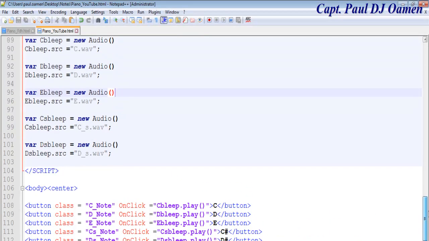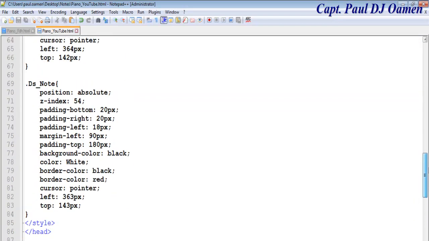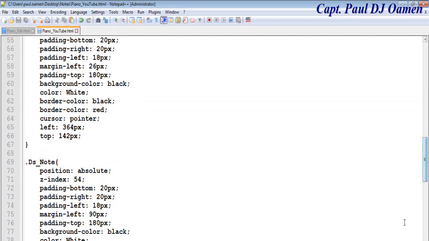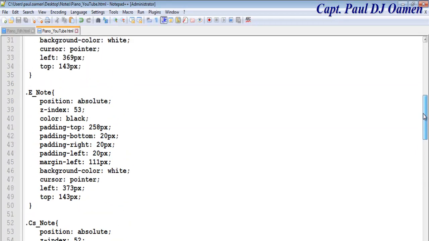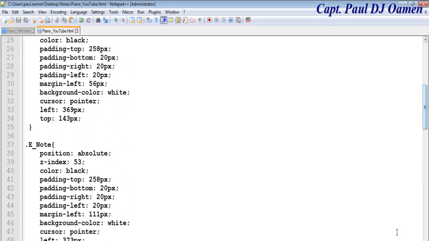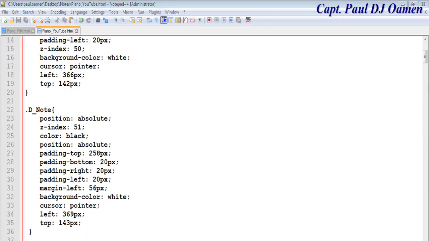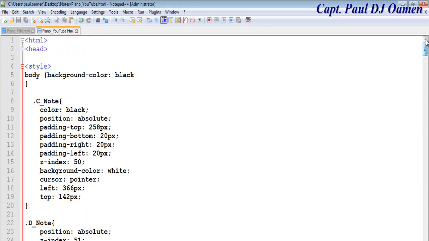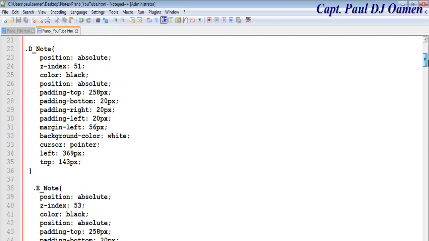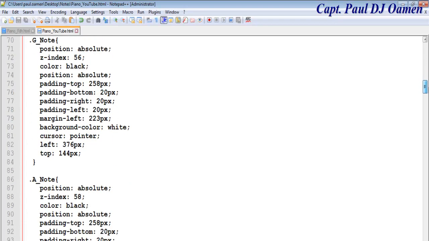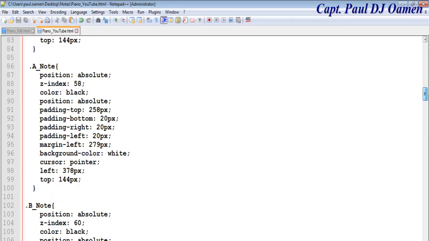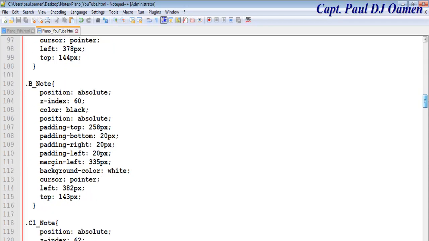So what I'm going to do now is speed that up so that we can call it the end of the tutorial. So let me now copy and paste and just show you guys the codes. Okay guys, I had to speed this up, so let's take it from the top. That's the C note, the D note, E, F note, you have the G note there, an A note, B note,